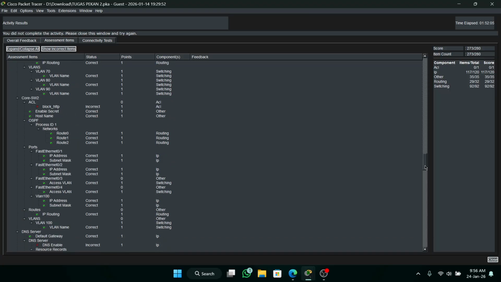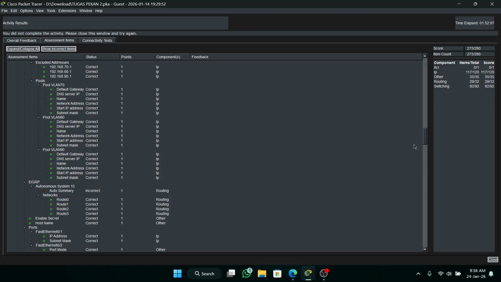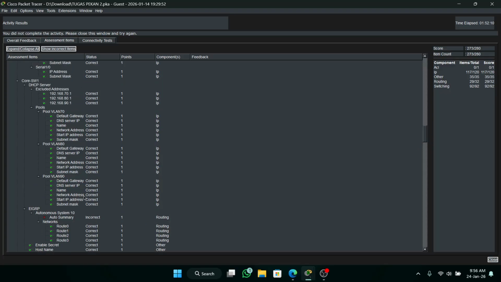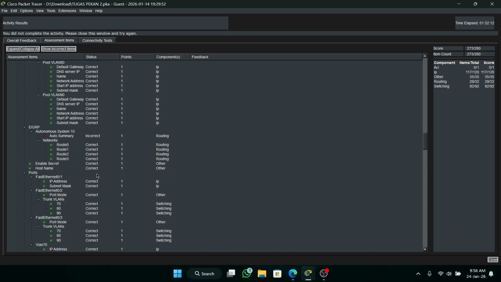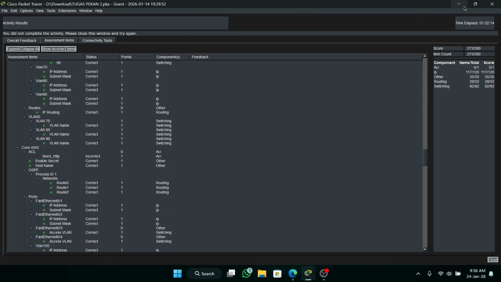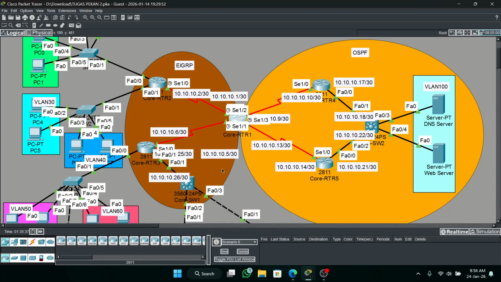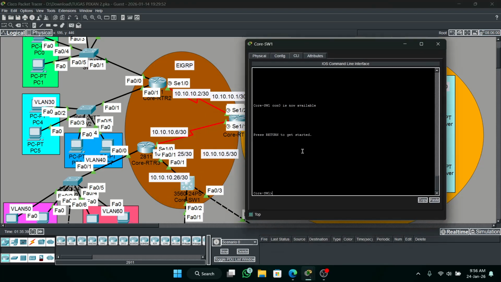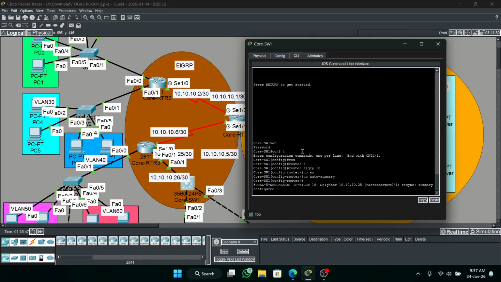Core RTR1. Core switch 1. Oh, core switch 1 is not core RTR1. Enable, configure terminal, router EIGRP 10, no auto-summary. Okay.